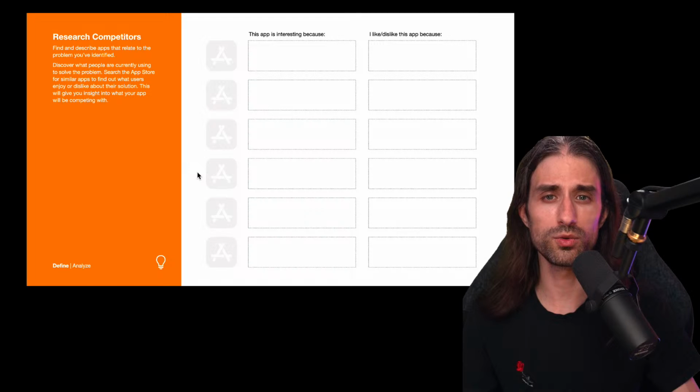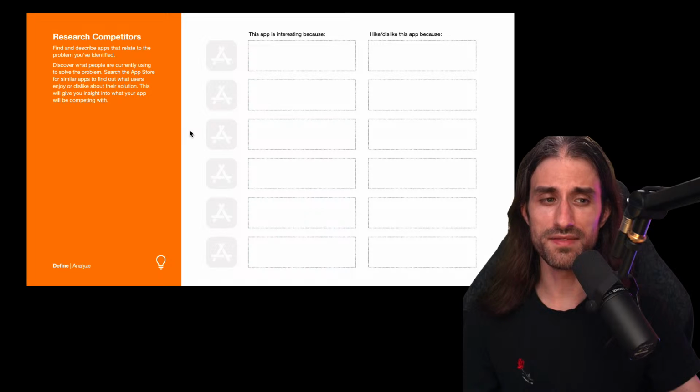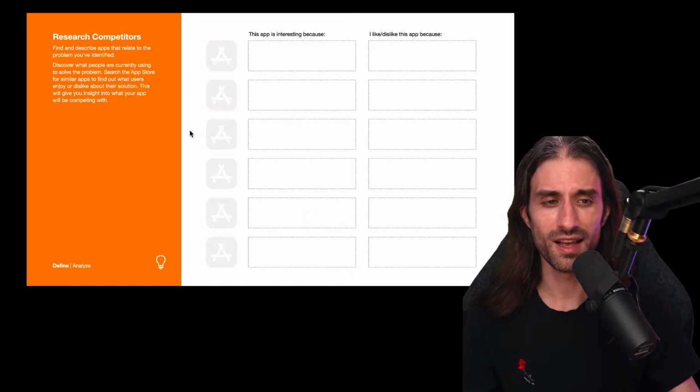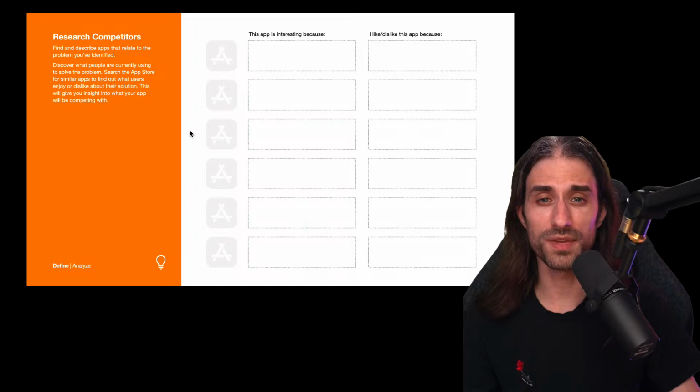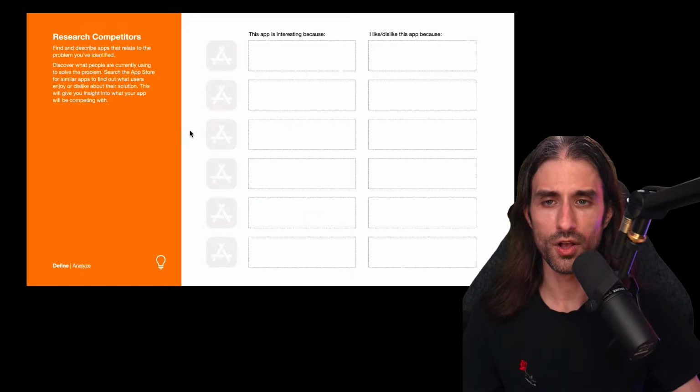So please also try to do some benchmarking that is not app-centered, because otherwise you might miss quite interesting, important information. Typically, what I was mentioning for the recycling, the fact that these leaflets do exist is a big part of the problem, or rather of your solution. I mean, they are not a problem, but they're part of the problem space. And you probably want to either take inspiration from them, understand what they do well and integrate it, or understand what might be missing and try to improve on it, but you definitely don't want to ignore them. So do app benchmarking, but don't only do app benchmarking, do benchmarking on a more global competitive aspect, I would say.